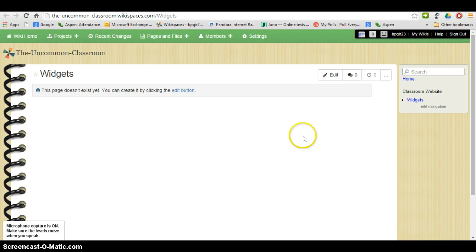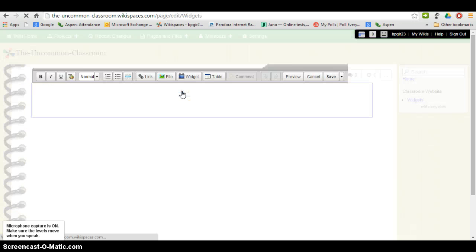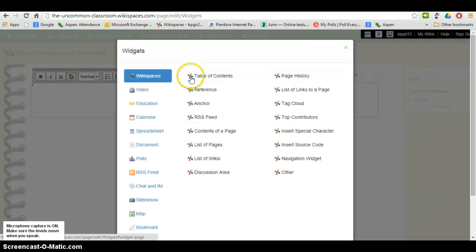So here's the widget page. I'm going to add a couple different widgets that I use in the classroom. So I'm going to edit this page. It's the first time I've done anything with it. All right, we're going to add some widgets. So some other widgets you might use are a site like